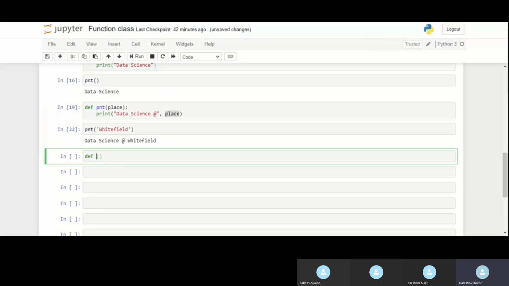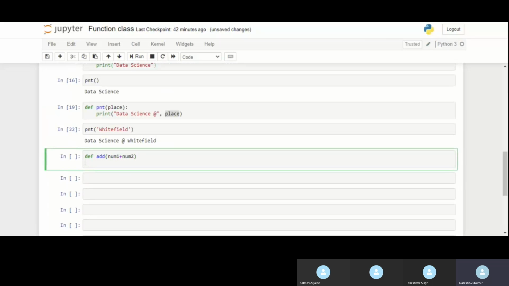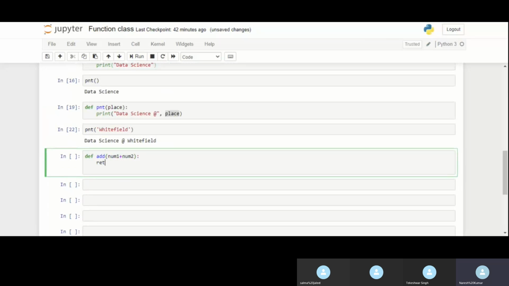For example, I give a function add, which takes two numbers, number 1 and number 2, and returns me number 1 plus number 2.